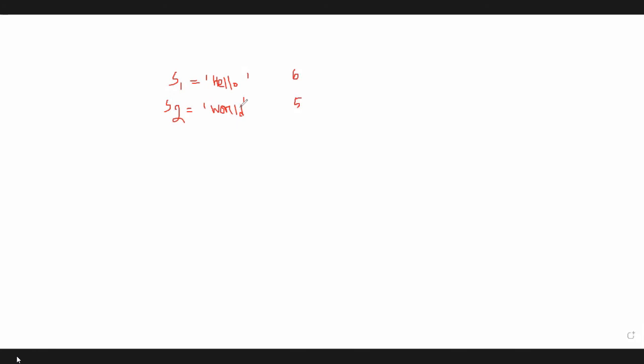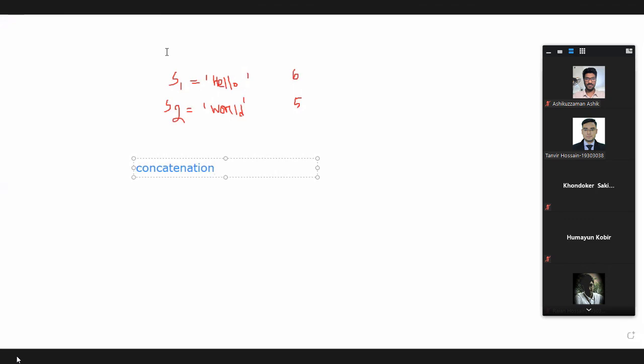WORLD. Now, if we want to create a string by merging these two strings, S1 and S2, how can we do it? Concatenation. Very good. Adding different strings into one string is called concatenation, and this is one of the functions of strings. In strings we can perform several functions such as concatenation, copy, and so on. How can we denote the concatenation operation?